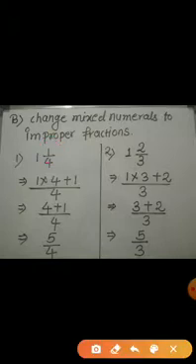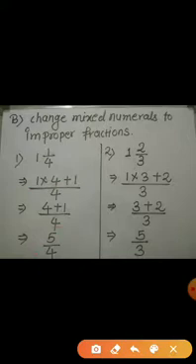So here you can see I have multiplied 1 into 4 plus I have added 1 to it and kept the denominator as it is. Now 1 into 4 become 4 plus 1 will come down and denominator will be same. Now 4 plus 1 become 5 and denominator will be same. Hence the improper fraction become 5 by 4.